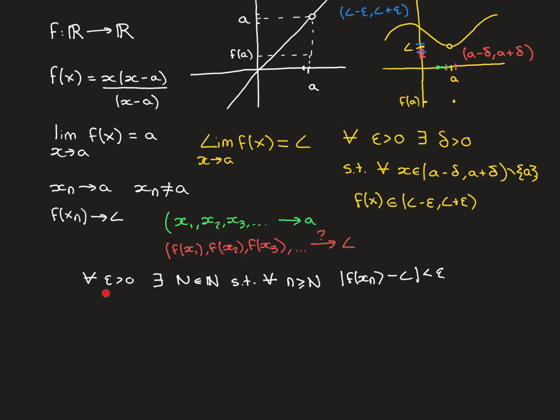Formally, we need to prove that for all epsilon greater than 0, for all closenesses, there must exist a big N, a term in this sequence, such that for all the terms that are equal to that term or beyond that term, the distance between the term of the sequence and the limit is less than that epsilon. So finding this big N is actually beautifully simple, because you can start with your epsilon and then use this here.